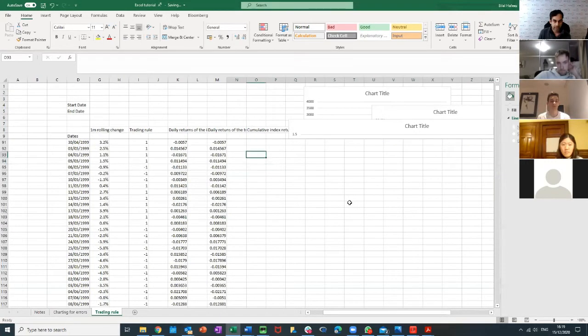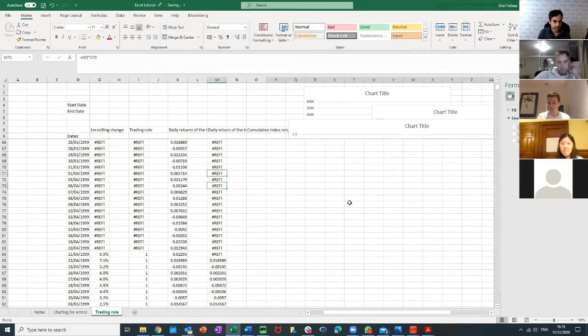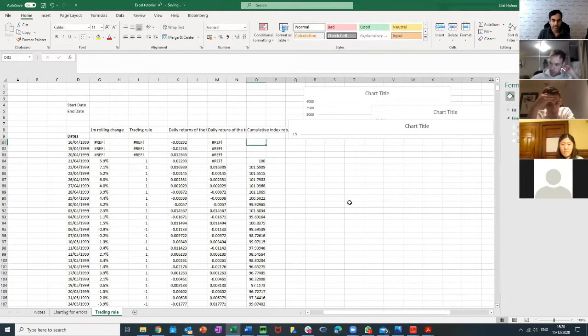So let's get rid of the references there, because the percentage change for the 1 month rolling was before the 1st of Jan, for which I have data. So where we start to get data, I'm going to put 100. We start with $100. And then that's just 1 plus the percentage change times the 100. You see, I'm not using the mouse right now. And so using this strategy,